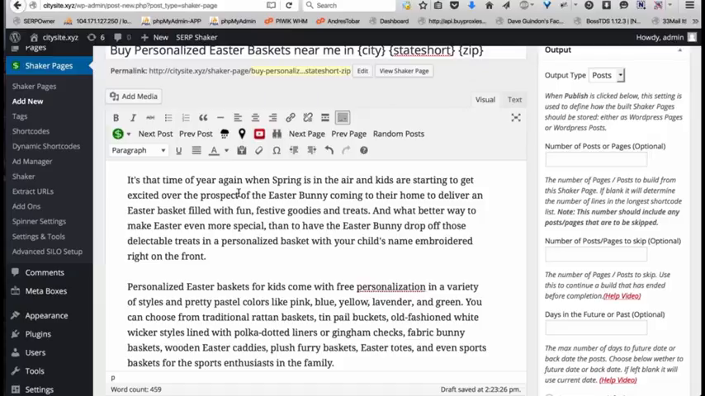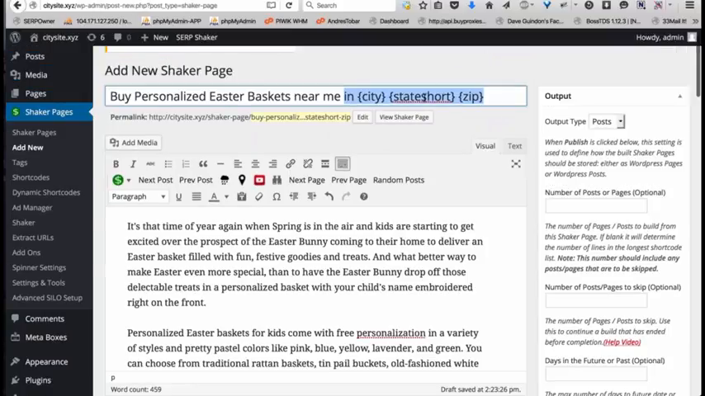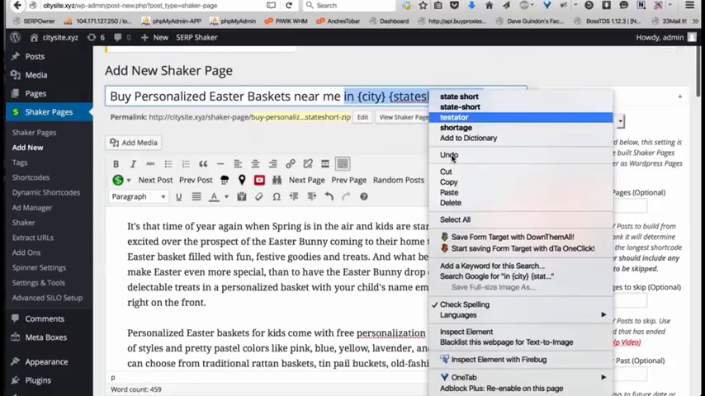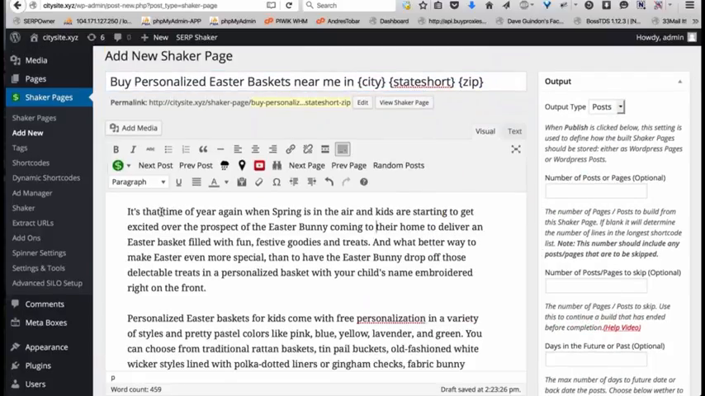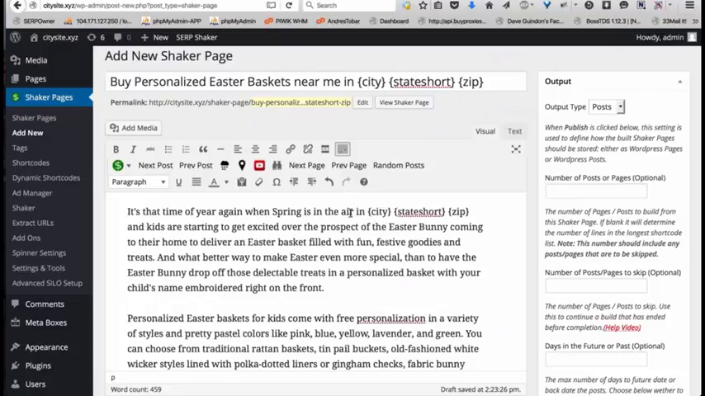All right. So to be able to get the article to be relevant to that local city, all we have to do is just drop in this part right here, "in city, state, short SIP." This combination, we just drop it throughout the article. So, it's that time of year again when spring is in the air, in city, state, short SIP,